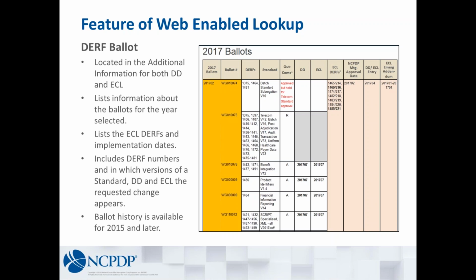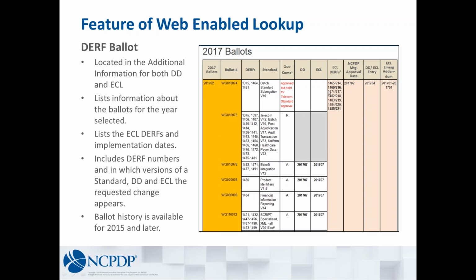So this will list the ballot and which work group it came out of, the ballot number, and then which DERFs were contained within each ballot, which standard is impacted by that particular ballot. It gives the outcome. So R means that this had to be recirculated. A means it was approved during the first ballot. This will also show then which version of the data dictionary and the ECL the particular changes on that ballot